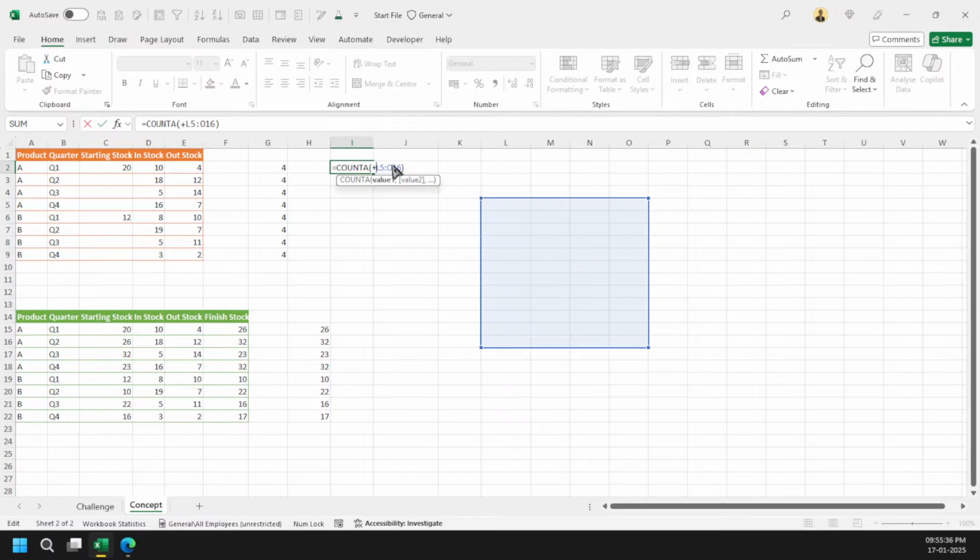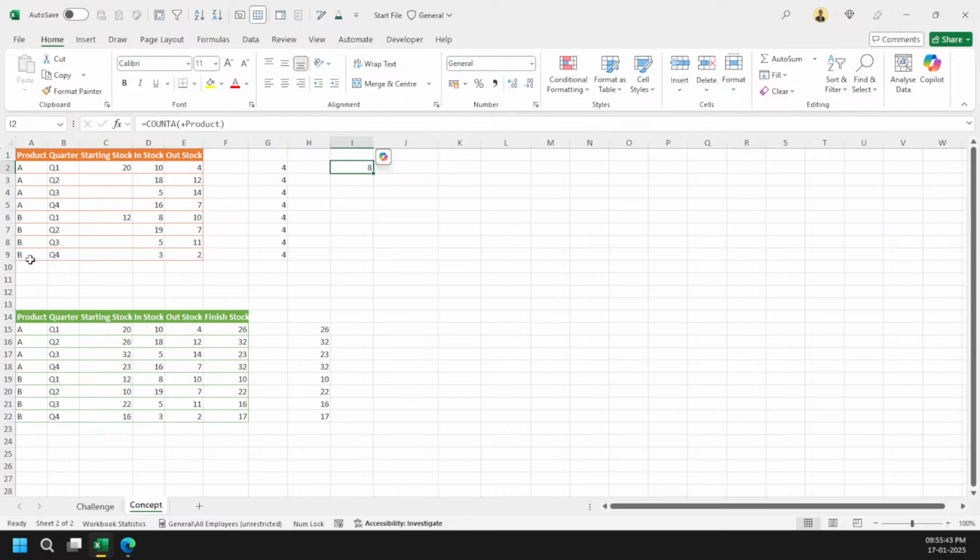And the benefit of the plus sign is that when I select text as well, it's not a problem. If I had been using plus 0 or into 1 or anything different, then it would give me number errors or value errors or something like that. So that's what I don't want to do.